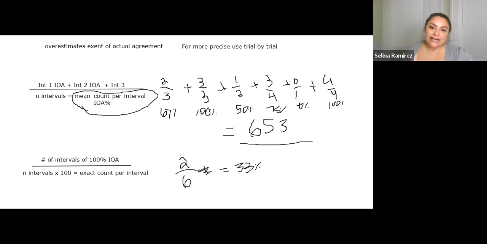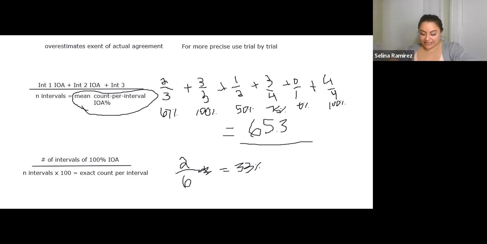This one is more accurately representing the actual agreement of the observers. So that's kind of explaining how the total count IOA was not the most accurate representation,